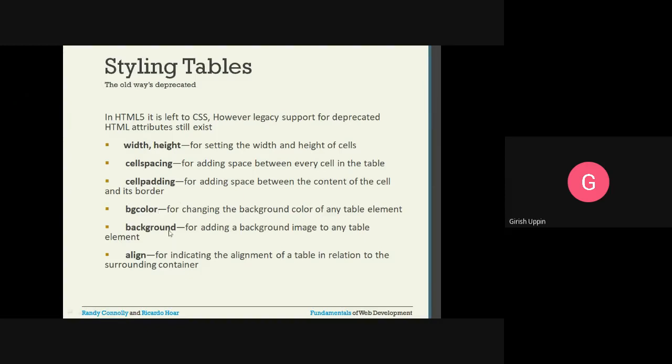And this is for setting the background color. If you want to set any background color, you can use the bgcolor attribute. If you want to set any kind of image for the table element, a background image, you can do that using the background attribute. Align will indicate what kind of alignment should be there.